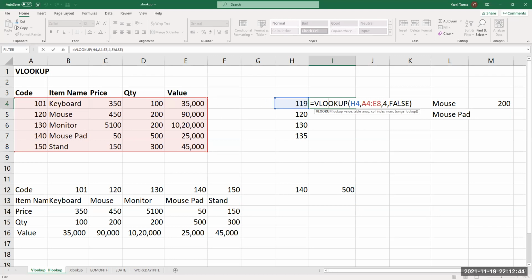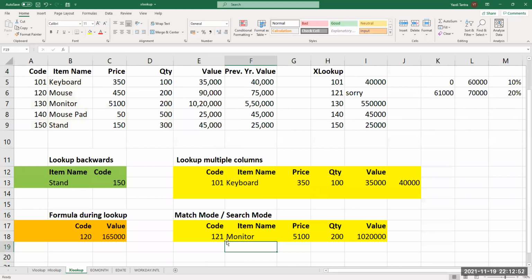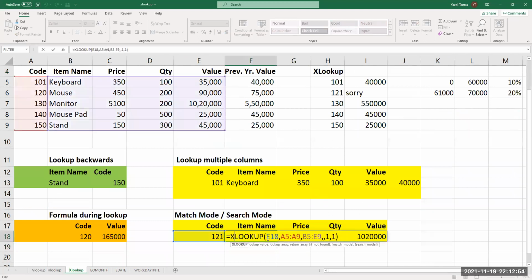And then whether true or false, depending on whether exact match or not exact match. That's all. Whereas in XLOOKUP, we have so many parameters. We have, again, what you want to look up, where you want to look up, what you want to return, and then you have, if not found, what to do, match mode, that is, how it matches with your actual code.